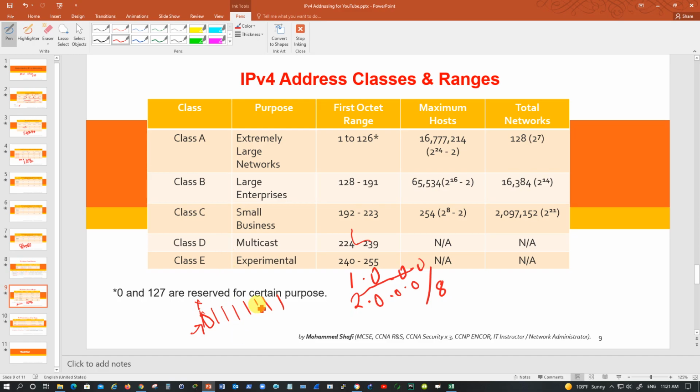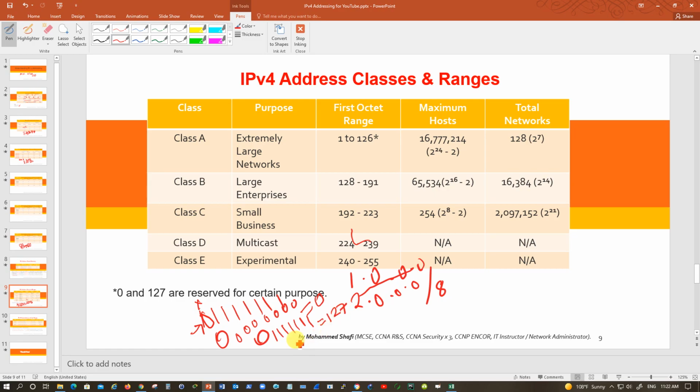You cannot have all zeros and all ones. If I turn this to be all zeros, this will become 0. Keeping the first bit 0 as it is, if I turn the remaining 7 bits to zeros, this becomes 0 in decimal, right? Likewise, leaving it as it is, I write down the remaining 7 ones. If I convert this binary to decimal, what should I get here? I need to subtract 128, so I will get 127,